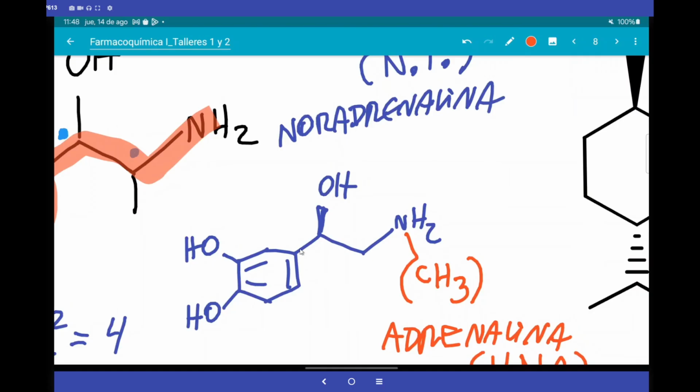And then it comes here to the carbon, or in the distance it is already very far away. And then remember the rules. If they were called assignment, this is a carbon of configuration R, and what happens if it were S? Human metabolism is enantiomerically selective. The molecules are always created with R. It defines chiral centers in an absolute way. If this were S, the bioactivity is lost, or considerably lower.